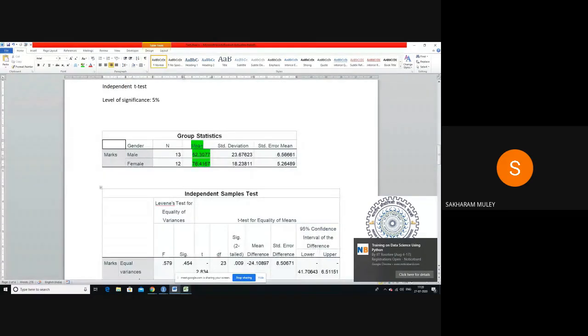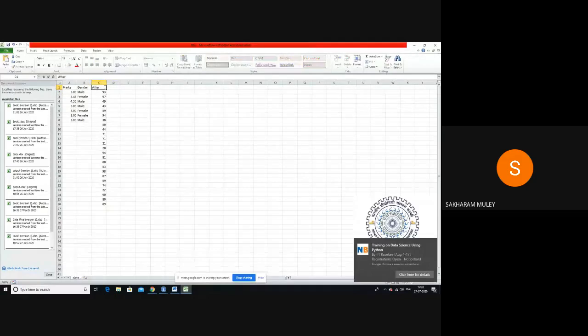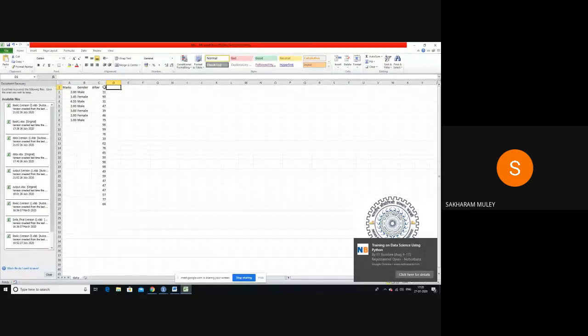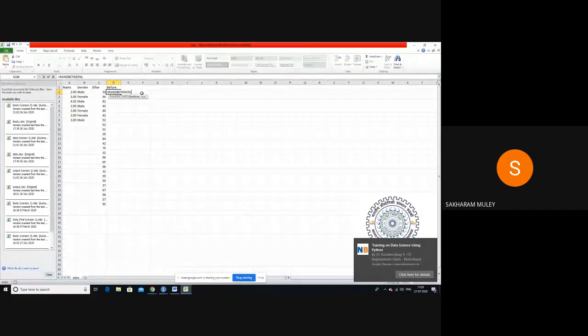Now what about paired t-test? Let us say that in paired t-test, these are the marks after. Okay, and also I have a before marks. Let us generate a before marks. I'm generating a data set for this, don't think of how I'm generating it, and let us assume that this is 20, comma somewhere 60.